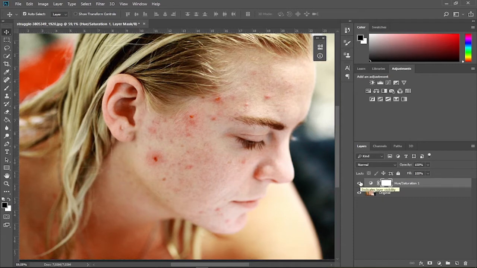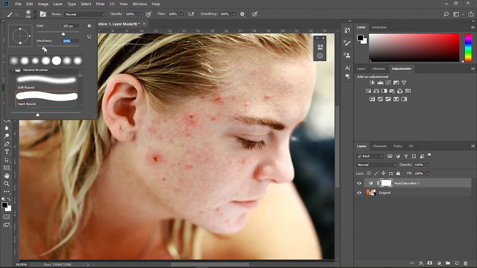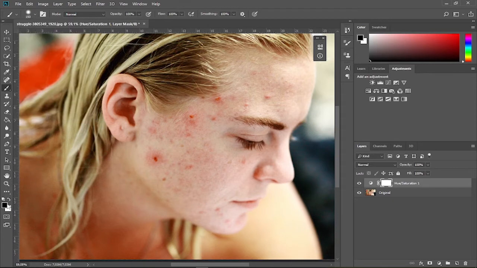So, this time we are going to exclude some unwanted areas from color changing, such as around the lips and some other areas. So make sure the layer mask is selected, activate the brush tool, set the hardness amount to around 40, make sure the foreground color is black. If not, click this icon to change it, or click the foreground color box and pick black. Now play with your square brackets key to reduce or enlarge the brush size. Then start brushing around the unwanted area from color changing and around the lips as well.